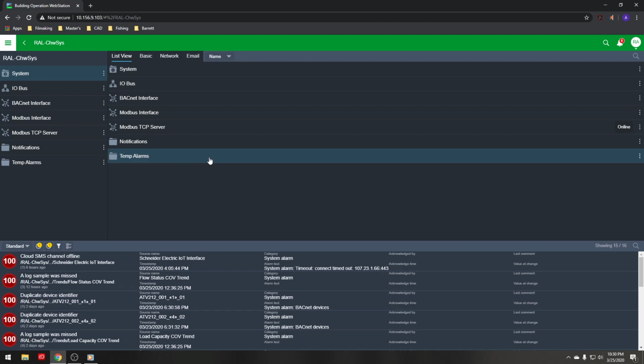Now would be a good time to preface that you probably should go look at the old Jace controller where we had that old Siemens controller, the BMS cabinet where we have all the VFDs. For the people who aren't familiar with the old Jace system, it's the gray cabinet in the back hallway that has the 4 VFD screens mounted into it. You open that up and you can see all our I/O buses and all of the relevant information for our BMS system, specifically on the control side for